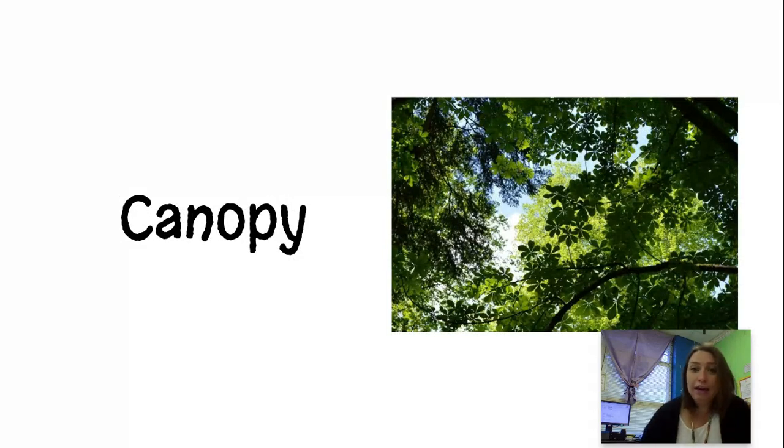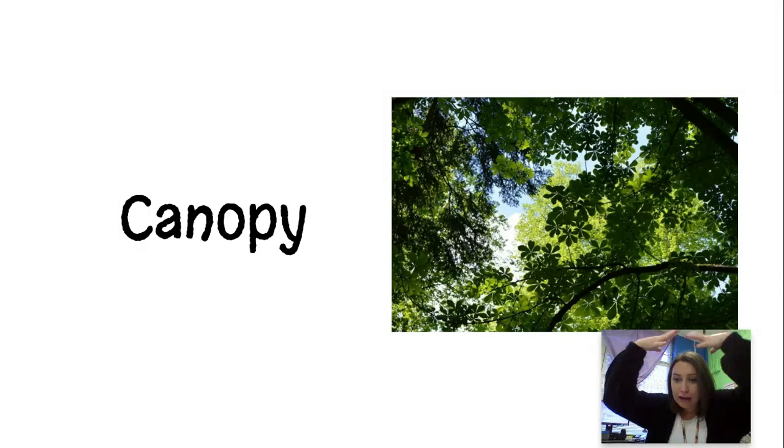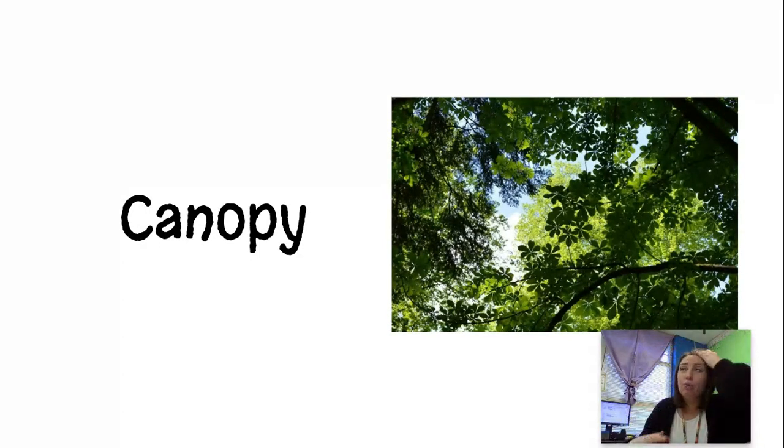Here's a canopy. A canopy would be, imagine if you had laid down on the rainforest floor and you looked up and you see all these leaves. Some places in the rainforest you can't even see the sky because there's so many leaves. It makes almost like a roof over your head, and that's called the canopy. Sometimes it's called the leaf canopy. There's branches and leaves, and they cover the sky, and they are over your head, and you're like, whoa, that would be a canopy.